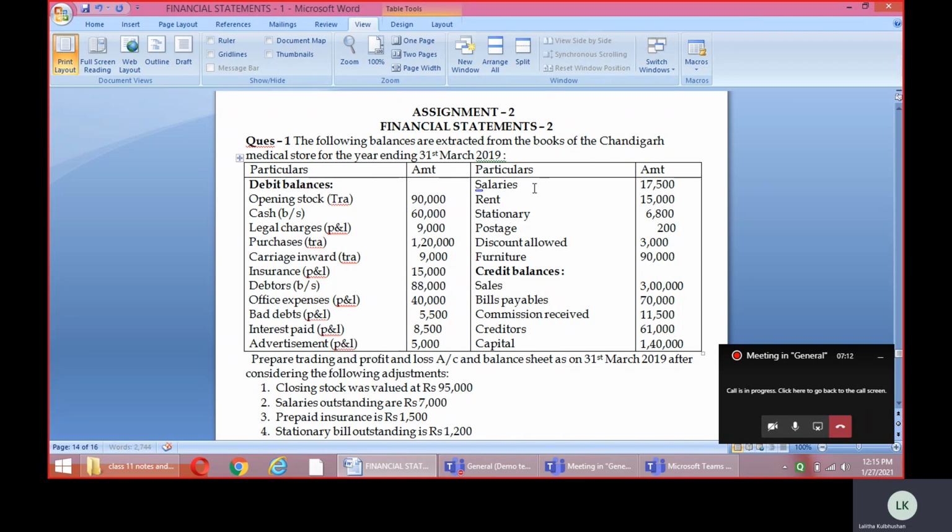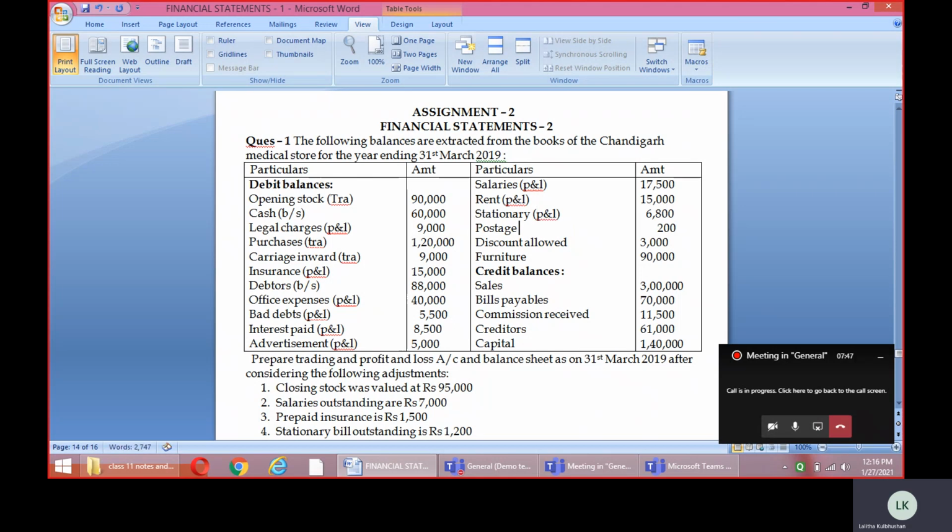Okay, now salary. In case of a salary, it's an expense, so the salaries will be shown on the debit side of the profit and loss account. Got it? Same situation with rent: it will also be shown on the debit side of the profit and loss account, and stationery will also be shown on the debit side of the profit and loss account, and the postage,